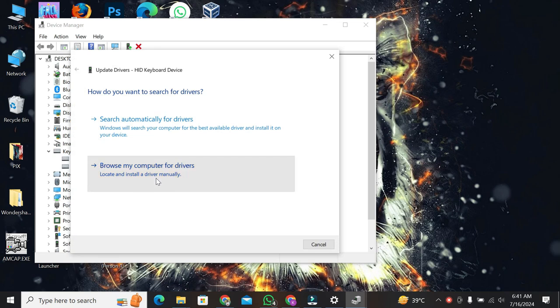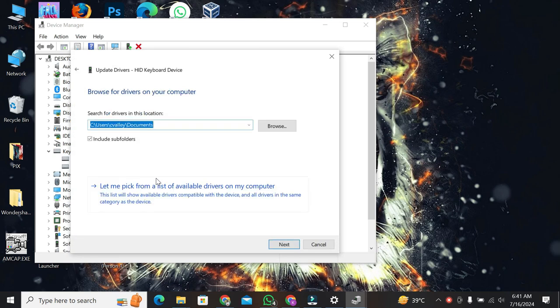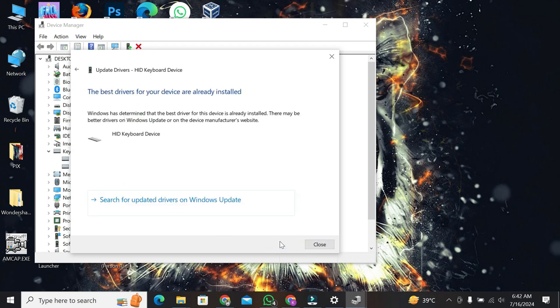Choose Browse My Computer for drivers. Next, click on Let me pick from a list of available drivers on my computer. Select the appropriate driver from the list and click Next. Windows will now update your driver. Once the update is complete,